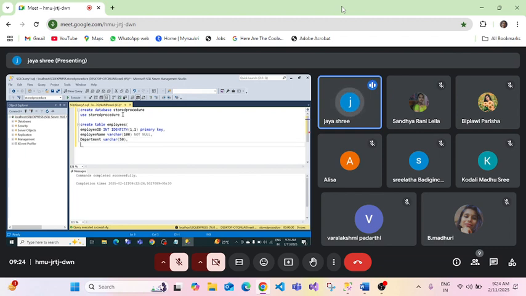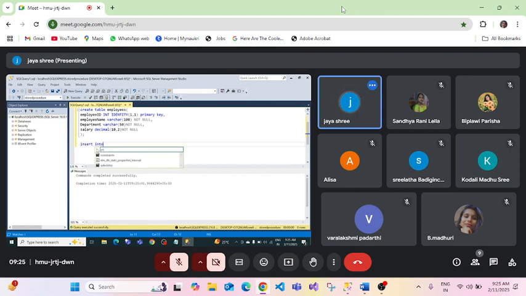Okay. So here the salary will be decimal. I'm taking 10,2. Here also I'm taking not null. All of these are the same thing, the not null key constraints. So I'm going to create this table. The table is created successfully, and here insert